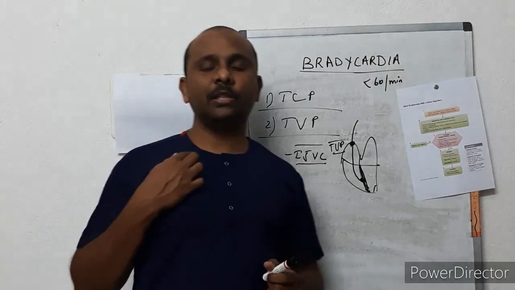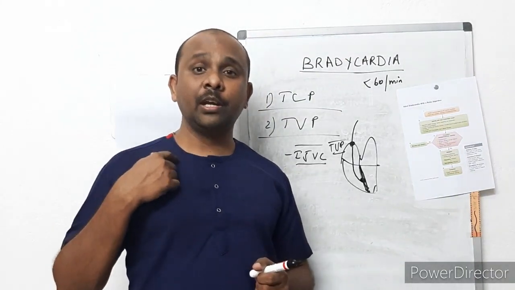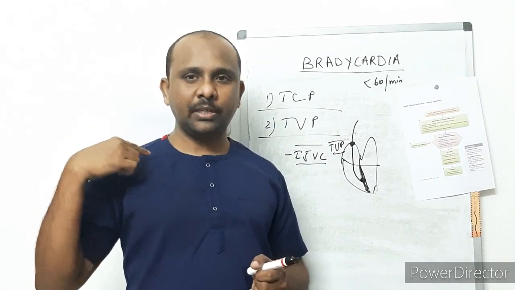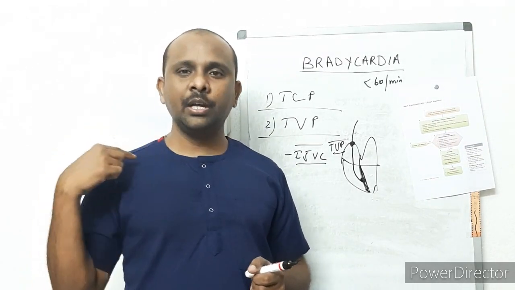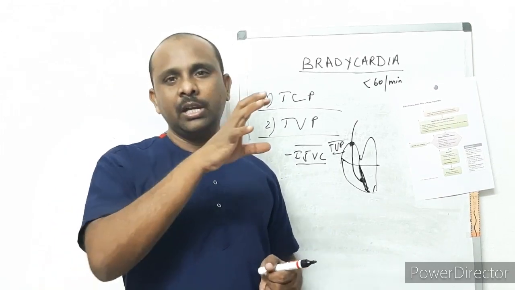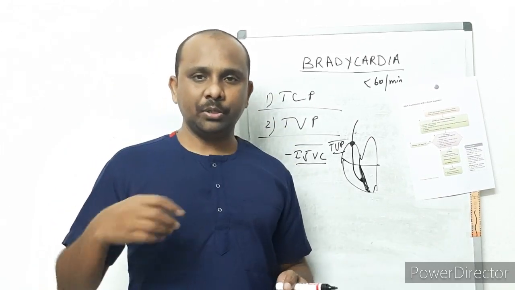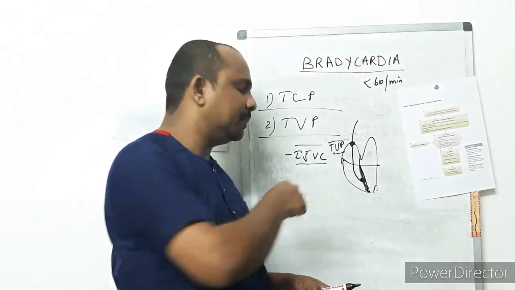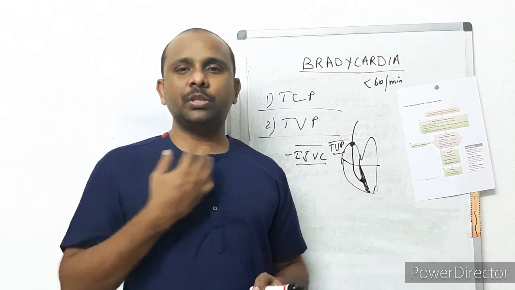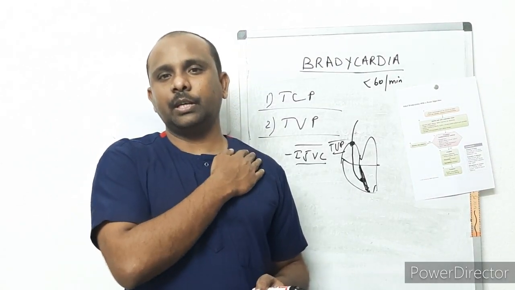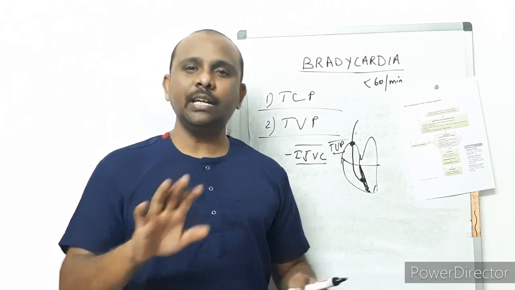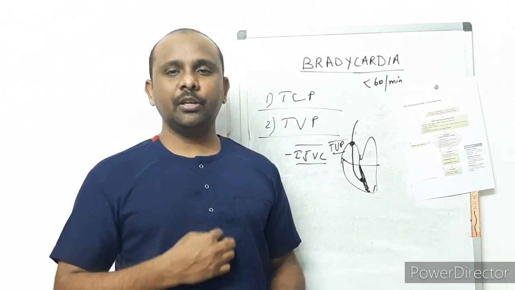Either you can go ahead with the subclavian vein, right? The subclavian vein you can cannulate, put a sheath, that is the passage for the wire. Then you introduce the wire. With the guidance of cath lab or fluoroscopy, you can place the wire over the tip of the right in the interventricular septum, right? Most of the time they will prefer the left subclavian because the curvature is like that. Technically it is easy. So subclavian you can use.